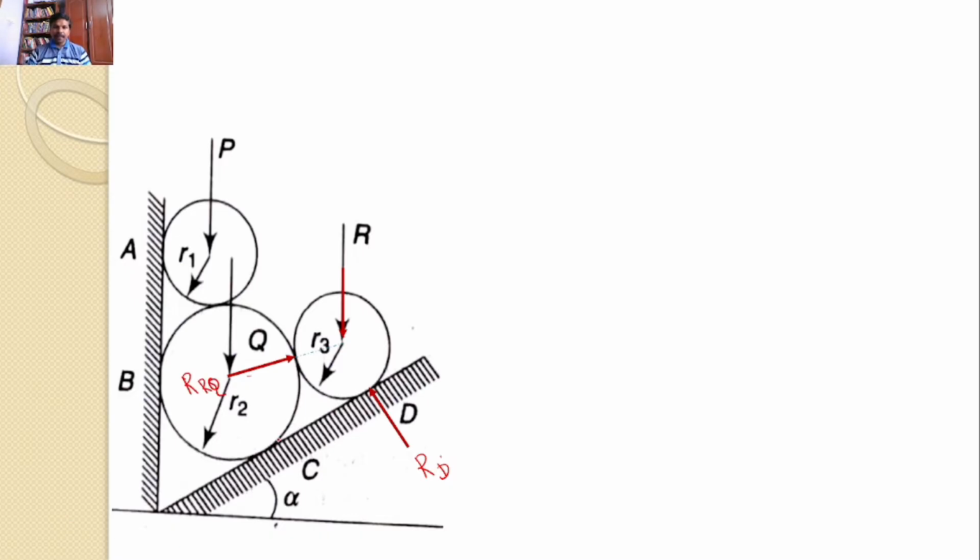There are three forces. This I will try to transfer onto a separate XY plane. Here you can see this force is perpendicular to the surface and the line joining these two is also inclined. Hence, I will take my x and y axes like this, parallel to the inclined trough and perpendicular to the inclined trough. So my x axis I will consider like this and my y axis like this, so that I can analyze this problem very easily.